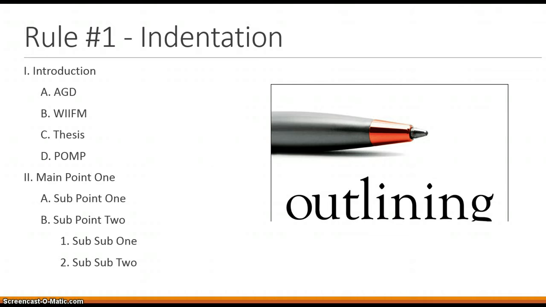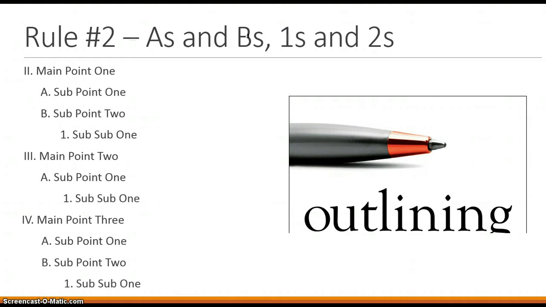The next rule I want to talk about is the rule of A's and B's and ones and twos. This one is a bit trickier to explain. See how there are several spots where there is a 1, but there is no corresponding 2? Or in main point 2, where there's an A for subpoint 1, but not B. Therefore, no subpoint 2. This gets confusing because it looks like this person didn't have enough information to create all